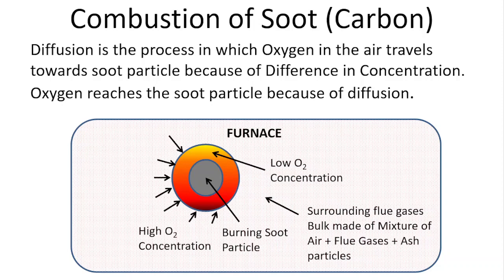The surrounding flue gas bulk is made of a mixture of air plus flue gases plus ash particles. So there is a difference in the partial pressure of oxygen, and that is why diffusion will occur and the oxygen will reach the